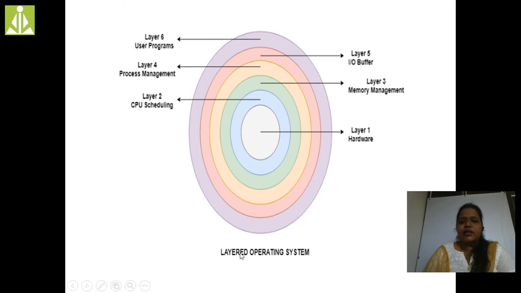The first layer, the innermost layer, is the hardware layer, the second layer is the CPU scheduling layer, the third is the memory management layer, the fourth is the process management layer, the fifth is the IO buffer layer, and finally the sixth layer is the user programs layer. These are the 6 layers that have been divided into modules in order to have better flexibility.